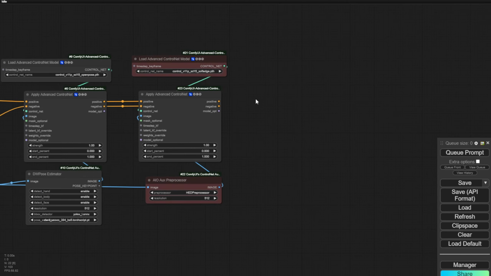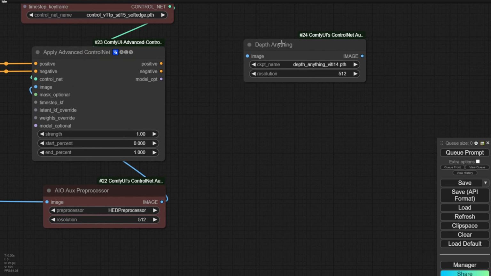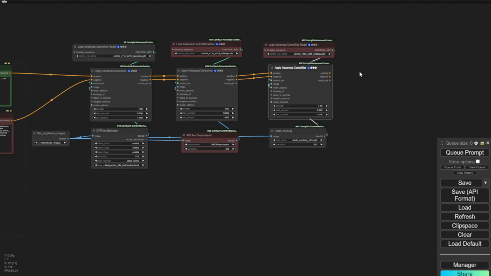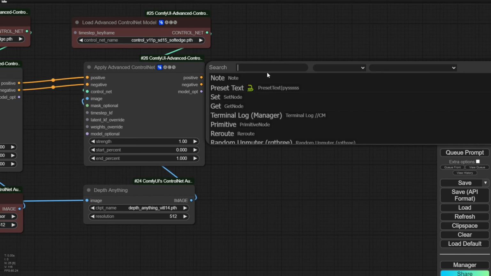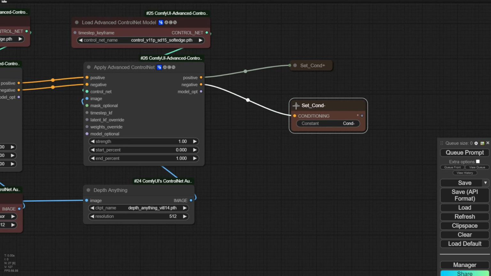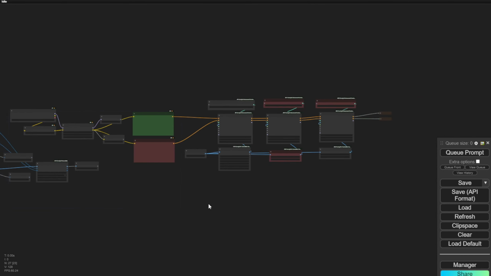But one more thing I want to do is the depth anything, because I want to give a little more layering for our generated image, because it gives it more detail, like having more separation between the characters and the backgrounds. Sometimes it's good, especially for dance animations or TikTok videos like that. So there we have our most complete control net part. And lastly, we can pass those conditions out to positive and negative part. Actually, I can copy it from my existing workflow so I don't have to type that again. Yep. And positive and negative part is almost complete in here.